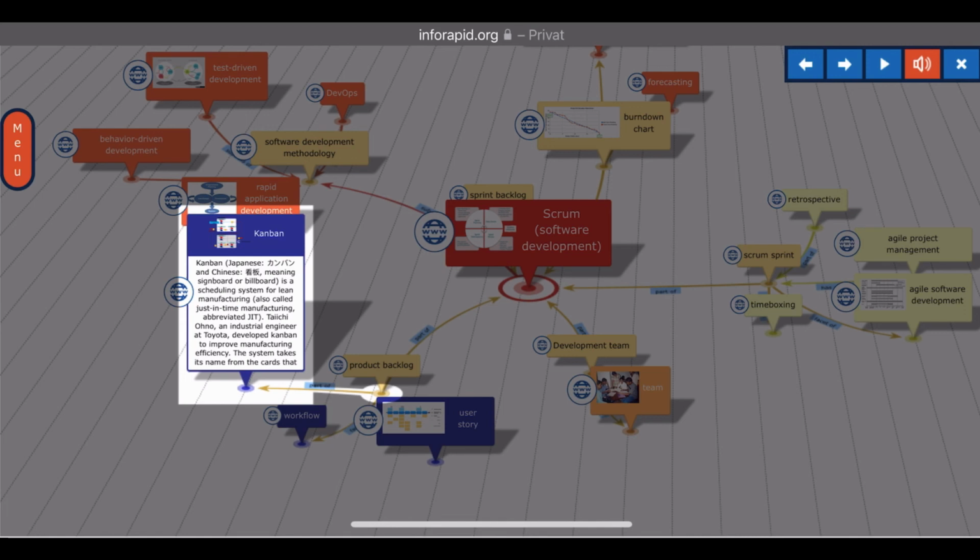Kanban. Kanban, Japanese and Chinese, meaning signboard or billboard, is a scheduling system for lean manufacturing, also called just-in-time manufacturing, abbreviated JIT. Taiichi Ono, an industrial engineer at Toyota, developed Kanban to improve manufacturing efficiency. The system takes its name from the cards that